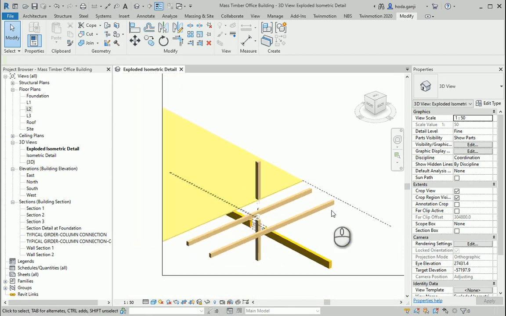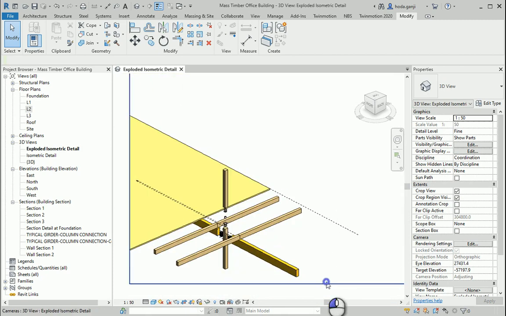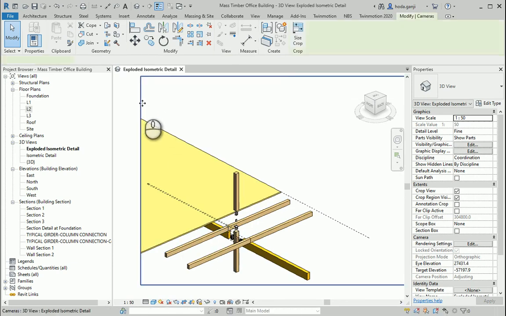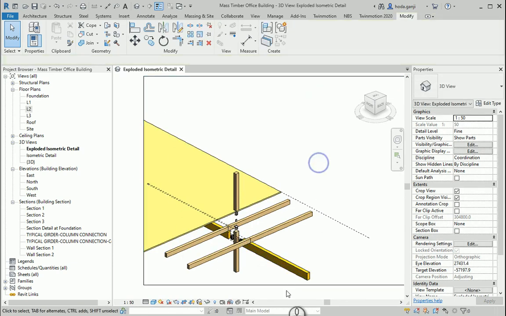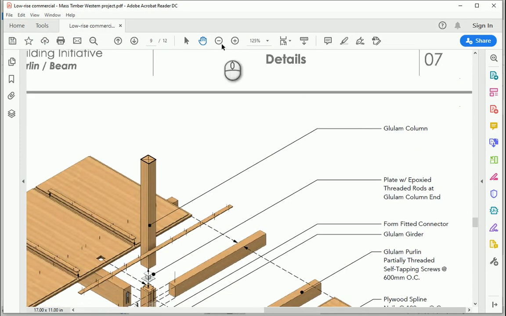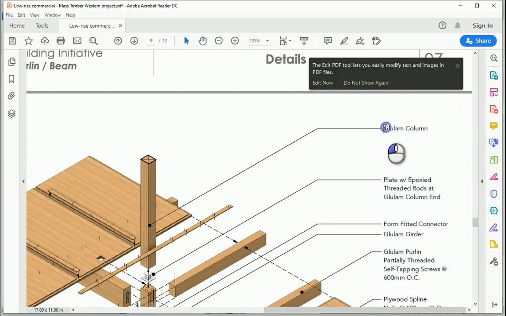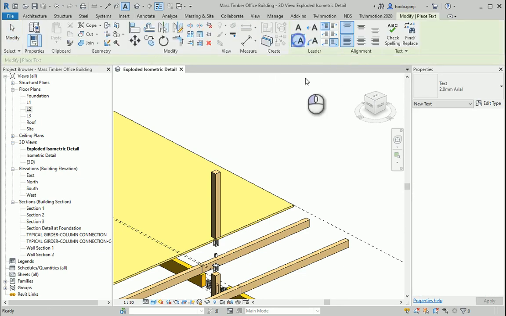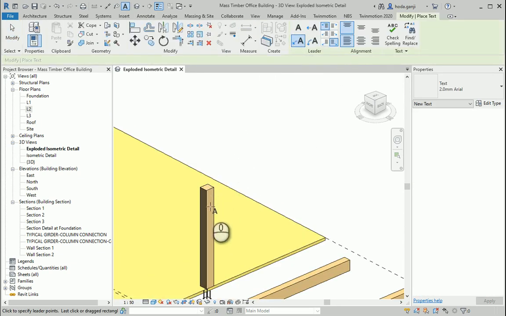Now we can add some text. We can start by the column. So I'm gonna go to annotate text, this one, and I'm gonna start by the column.